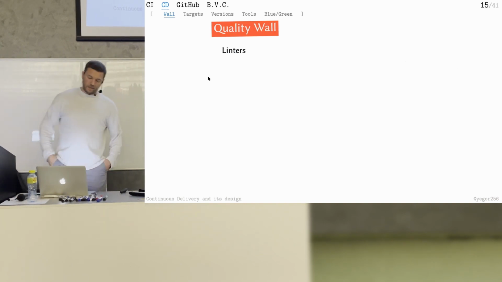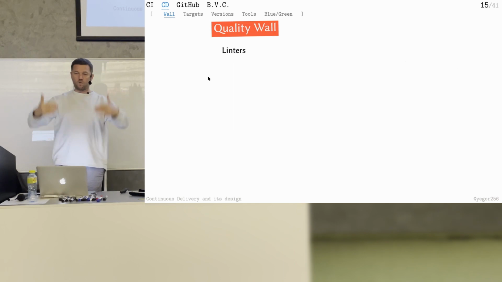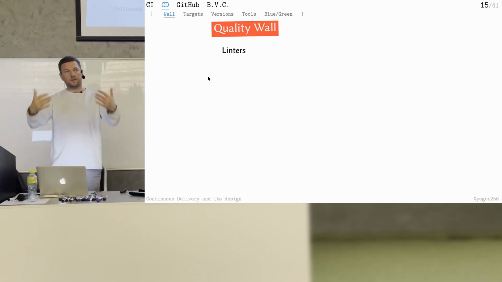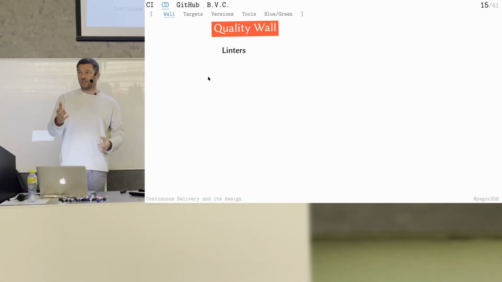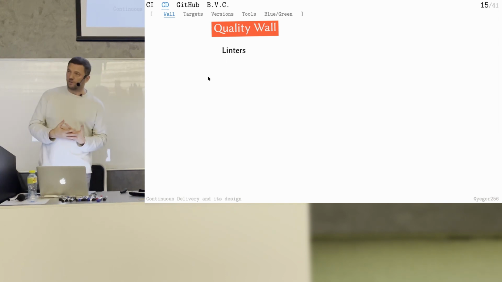Quality wall is like you are trying to build a wall between you and the production platform. For example, linters, which we just discussed. For any programming language, you can find your linters. Who of you ever used anything like that? Linters or style checkers? Okay, how did you like it? They exist in IDEs, yeah, but usually we're talking about something else, because an IDE is something that stays on your computer.